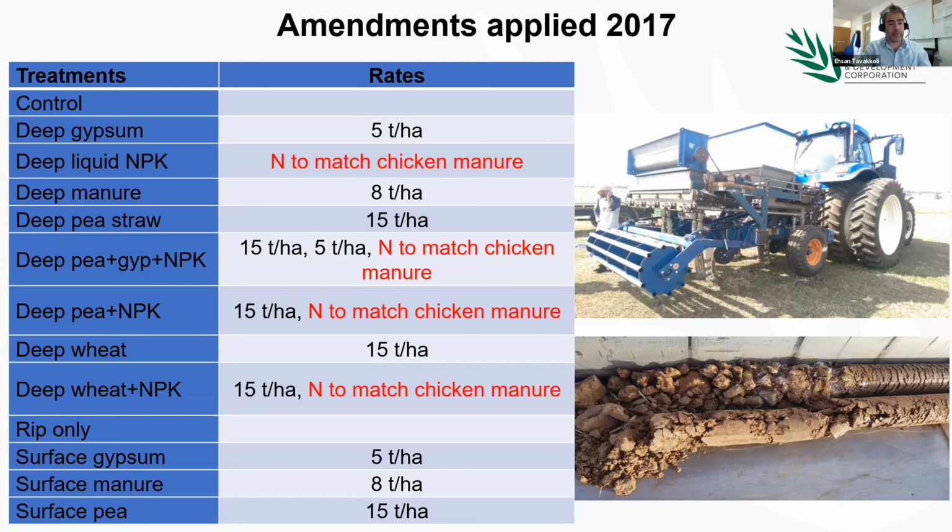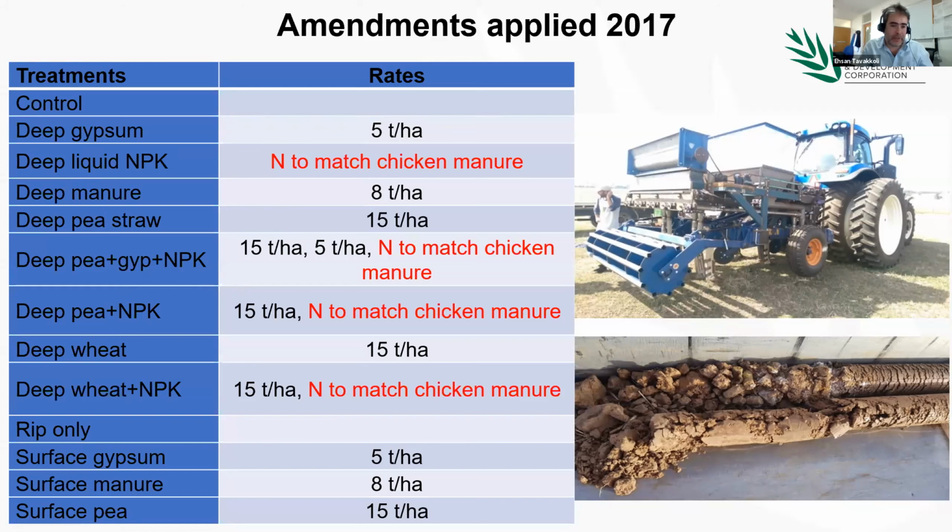Because in sodic soil, we have a structural issue: the structure needs carbon to bind the aggregates together, in addition to gypsum that fixes the dispersion. So we actually have a couple of issues here. We had a number of different treatments, from manure, from pea straw, from just nutrient itself,